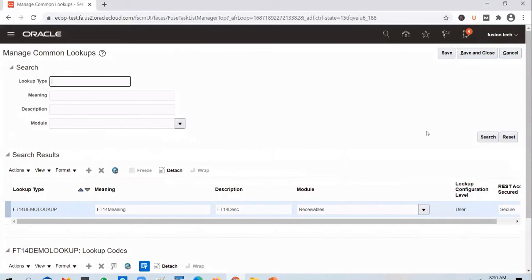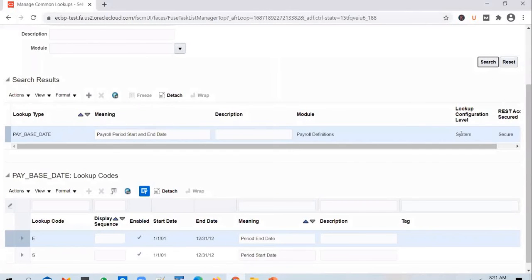If you go ahead and search for this lookup type, what is the configuration level? It is system. And what that means is, yes, this is a lookup that is created by Oracle and has come out of the box. And you can see 2 entries in there, but you don't see an option to add a new entry or to delete an existing entry, which means, yes, I've created it and I've used it myself, but I won't give you any access to perform any change on this lookup. So that is what the system configuration level means.